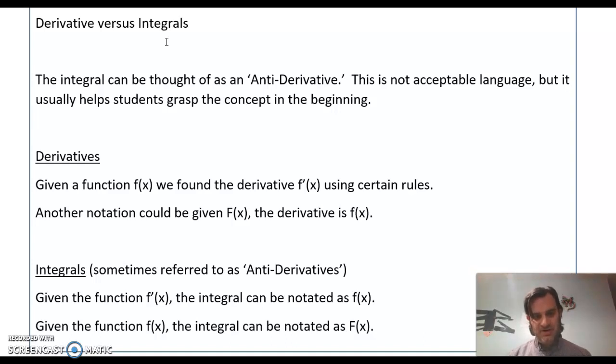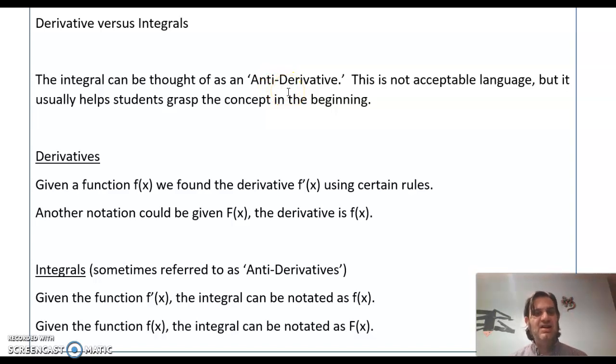Integral is the proper name. A less educated term used is antiderivative, and it really gets you thinking about a link between derivatives and integrals. So if you want to call an integral an antiderivative, some people will kind of shrug at you and try to correct you, and that's fine, because you really shouldn't call it that. It has some extra